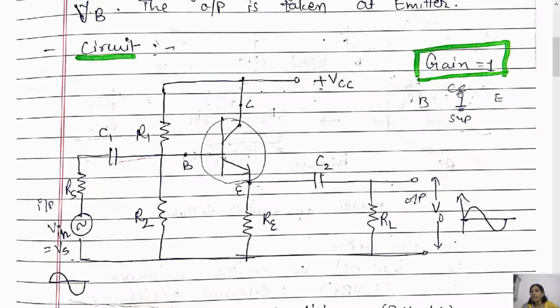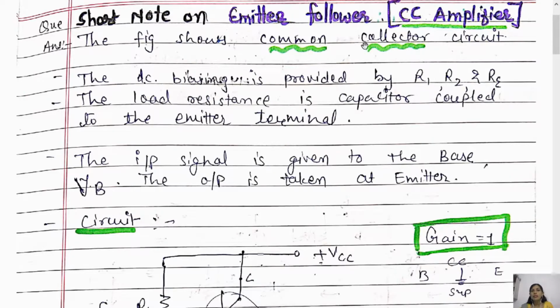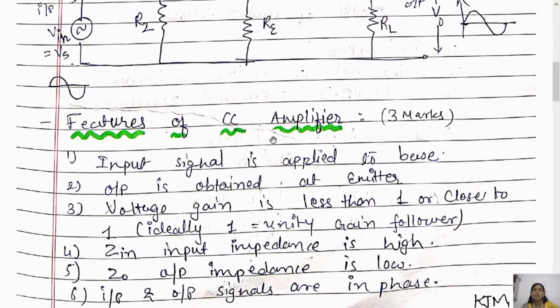I have written here the common collector, CC, right? So C means common collector. It is grounded, okay? And the base is the input terminal and the emitter is the output terminal. So the input source is applied to the base and the output waveform will be collected from the emitter, and that's why this circuit is known as the common collector circuit. Okay, so now let us continue with the analysis and features.